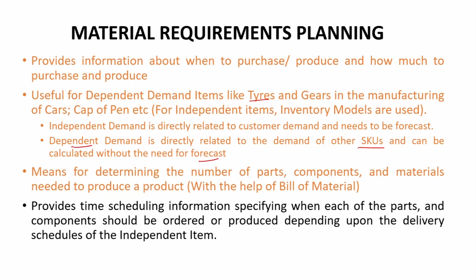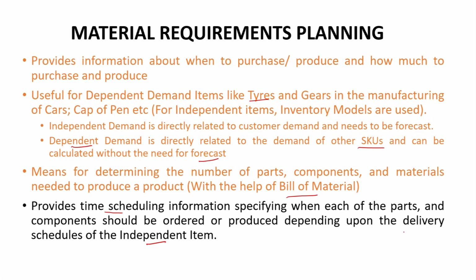It is a means of determining the number of parts, components and materials needed to produce a product with the help of bill of material. I will explain what is meant by bill of material, how it looks like. It provides the time scheduling information, when to procure the material, when to produce a particular component or sub assembly, specifying when each part and component should be ordered or produced depending upon the delivery schedules of the independent item. You have to, let us say, deliver